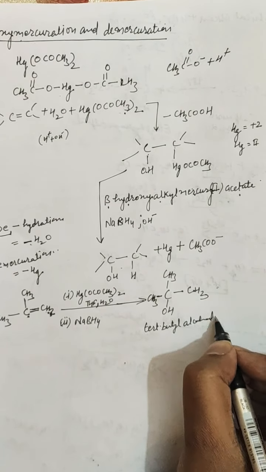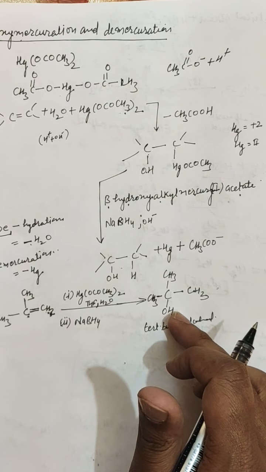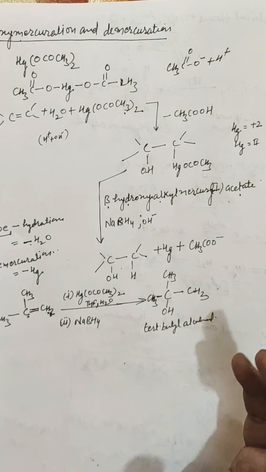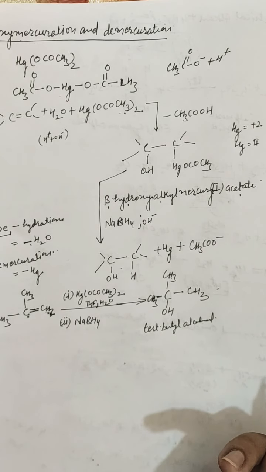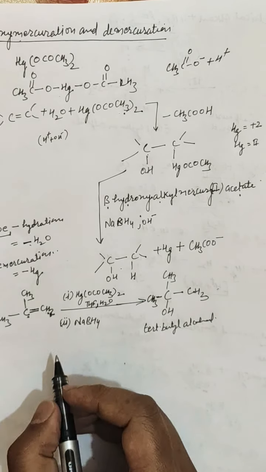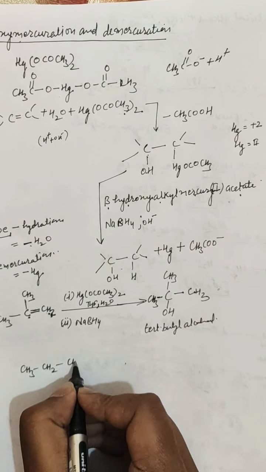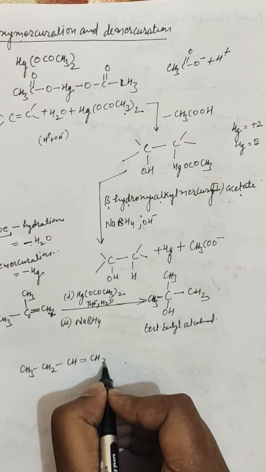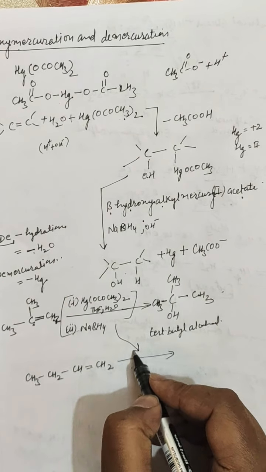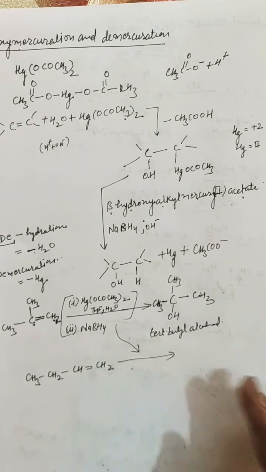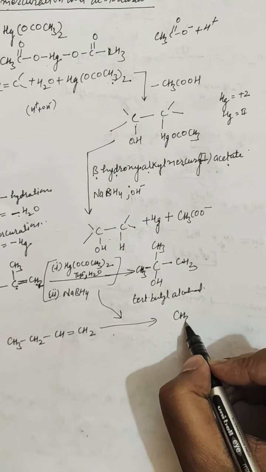And if you want to write the IUPAC name of the reaction product, you can also write that. So there are many other examples of such a kind. But-1-ene gives butan-2-ol. So if there is but-1-ene, this is the but-1-ene, and if you add these reagents here, the oxymercuration and demercuration reaction, you can predict the product. What will be the product?